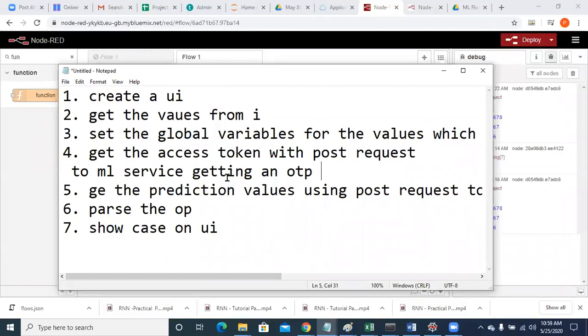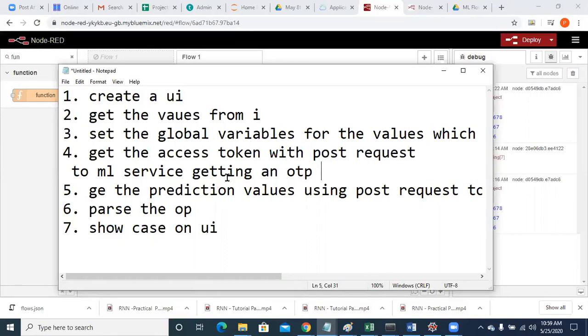When you enter that OTP, only then will you be able to transfer the money. Yes or no? Here also, whenever you want to send the input values to the scoring endpoint, every time you send it, you should generate an OTP. This OTP is nothing but your access token. Until you get the access token, you cannot send the values to the scoring endpoint to get the prediction. So that's the reason you have to first get the access token.